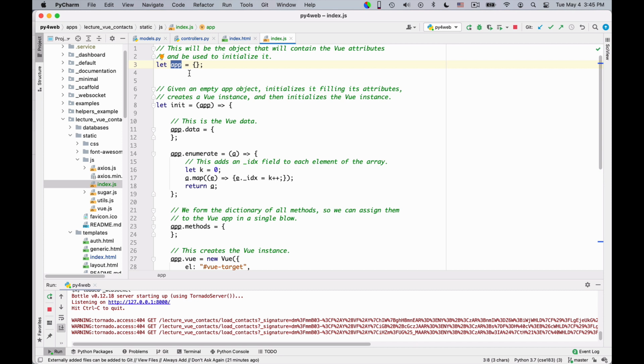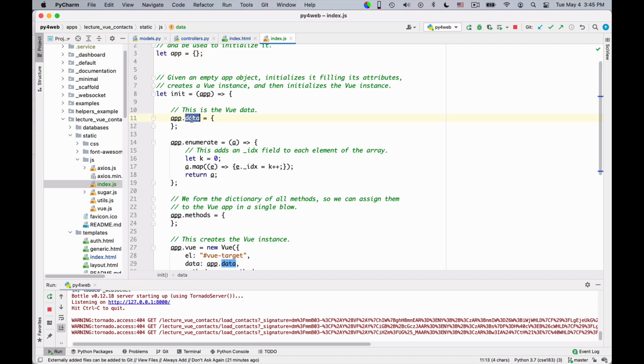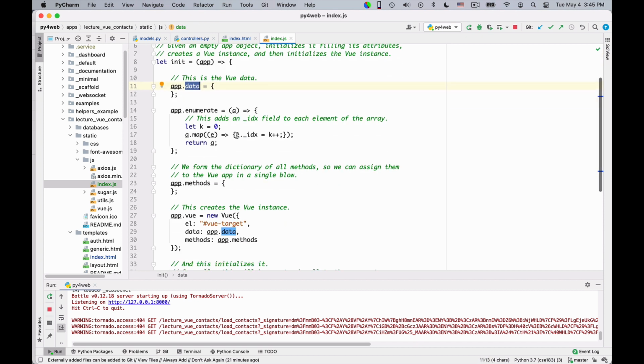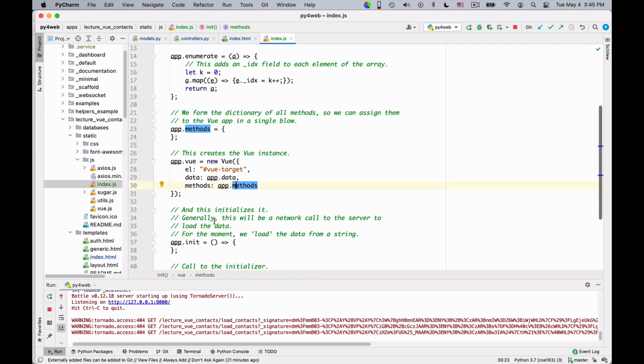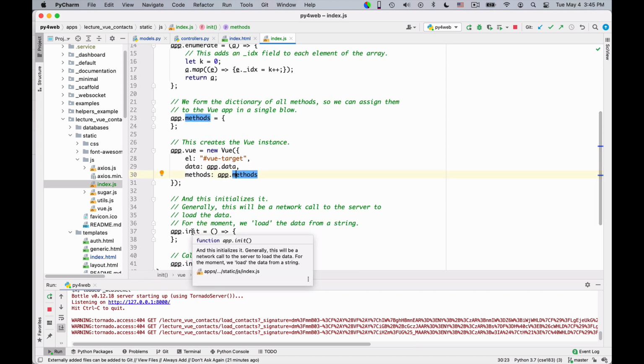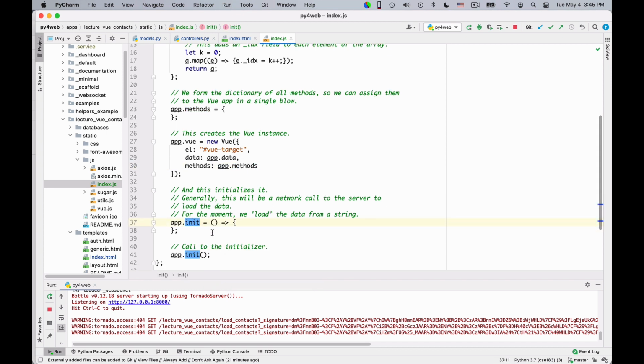We have seen this already in the previous lecture, by the way. We create an app object. It has no data yet. It has no methods yet. This creates the Vue object, okay, with these app data and app methods as data and methods. This is our initialization function that we can call, which right now does nothing.